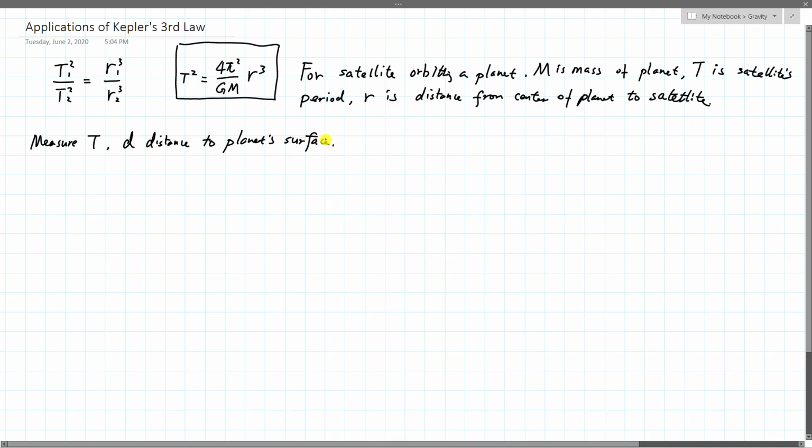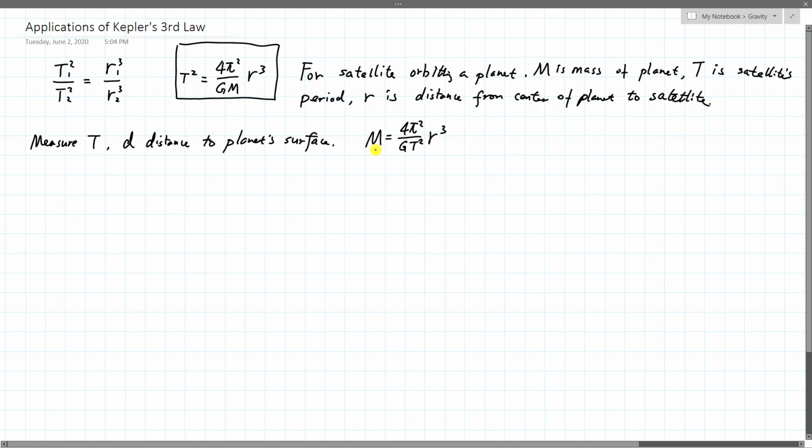This doesn't really get us anything because d is not r, right? If we have t and then if we had r, we would be able to solve for m, right? So here's what we can find. M is equal to 4 pi squared over g t squared times r cubed. So if we already know the period and somehow we know the distance to that planet's center, then we'll find